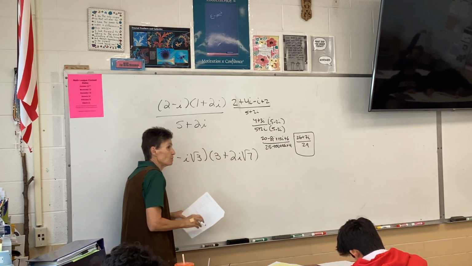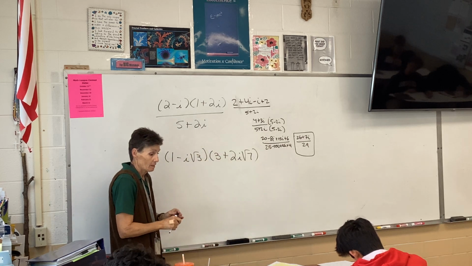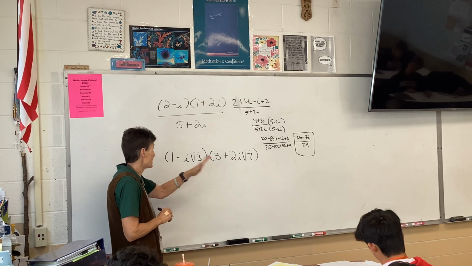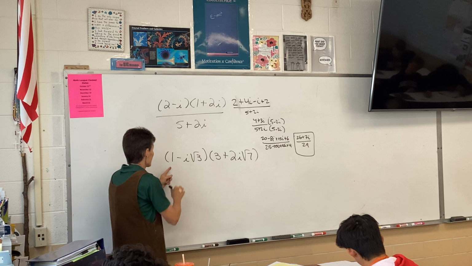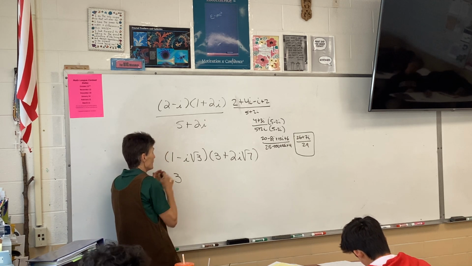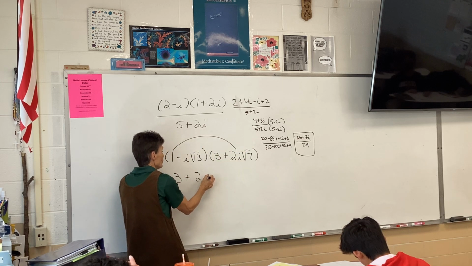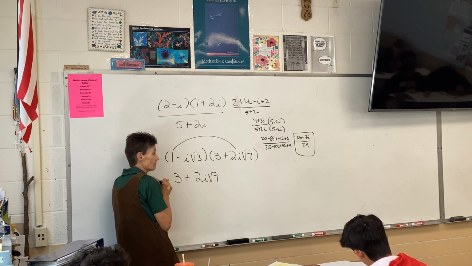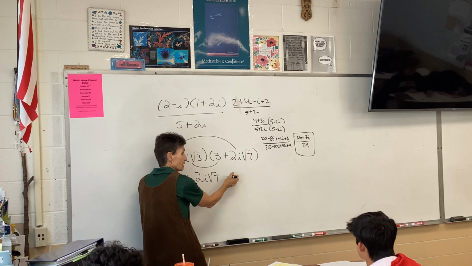Let's walk through this together carefully. Would everybody agree, as ugly as it is, it's a foil? All right, so first times first, 3. Outsides are going to make 2i root 7. Insides are going to make negative